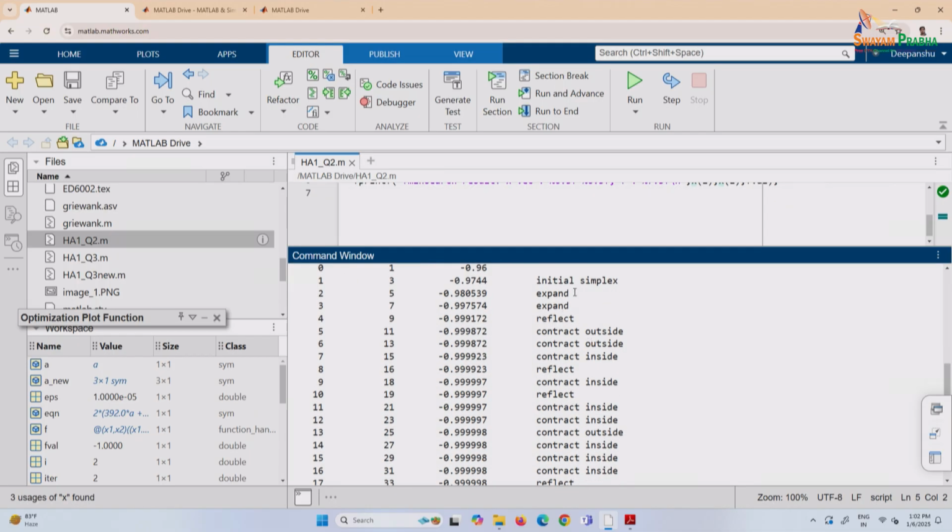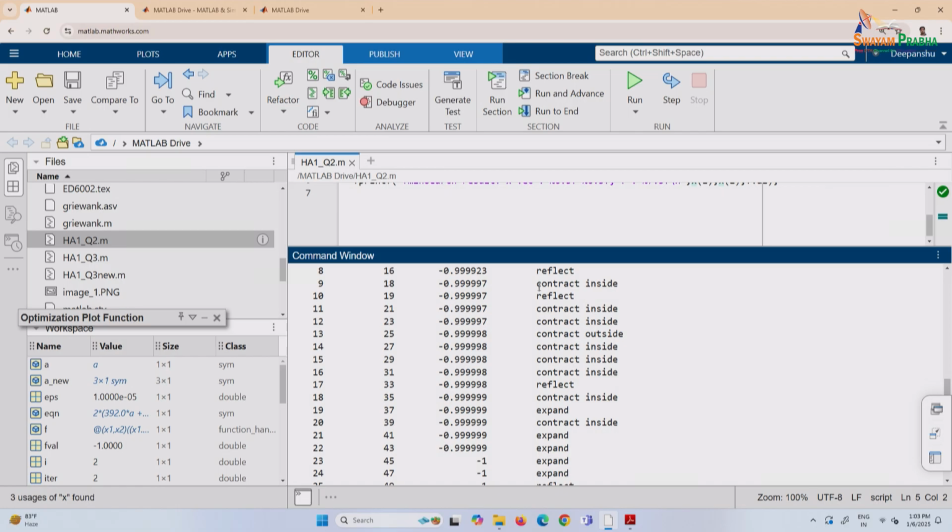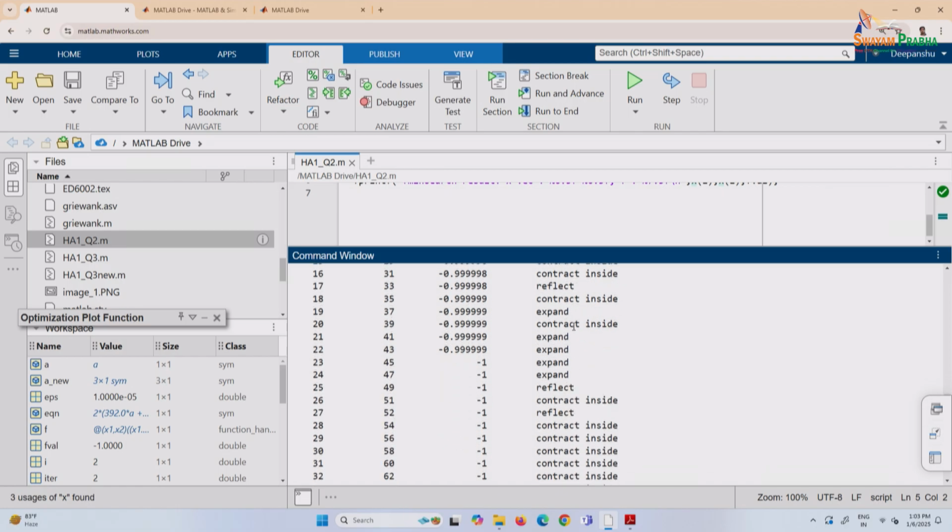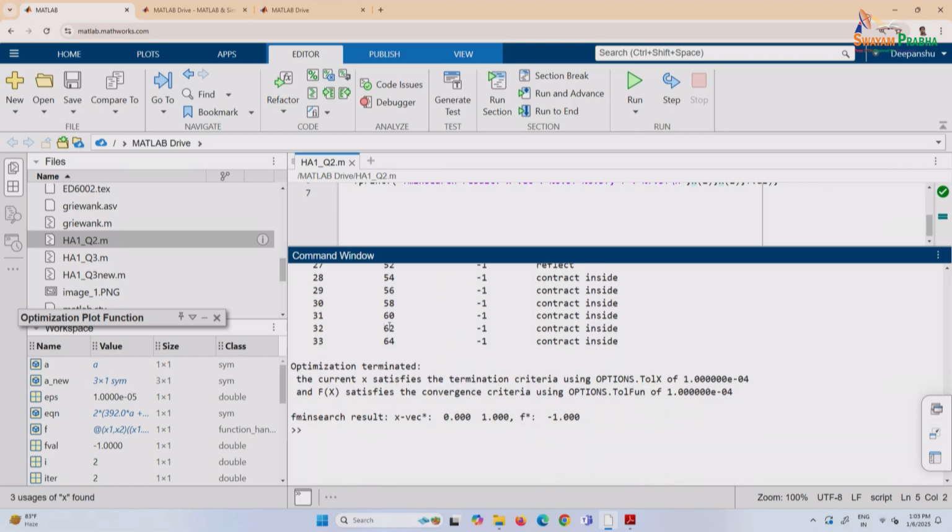In expanding, I've talked to you about expanding. When you get better results, then it contracts inside, contracts outside, depending on the situation. It's telling you just reflection sometimes is good. So all this it's doing, and eventually it's stuck here, and it's reporting the result 0.1, and function value is